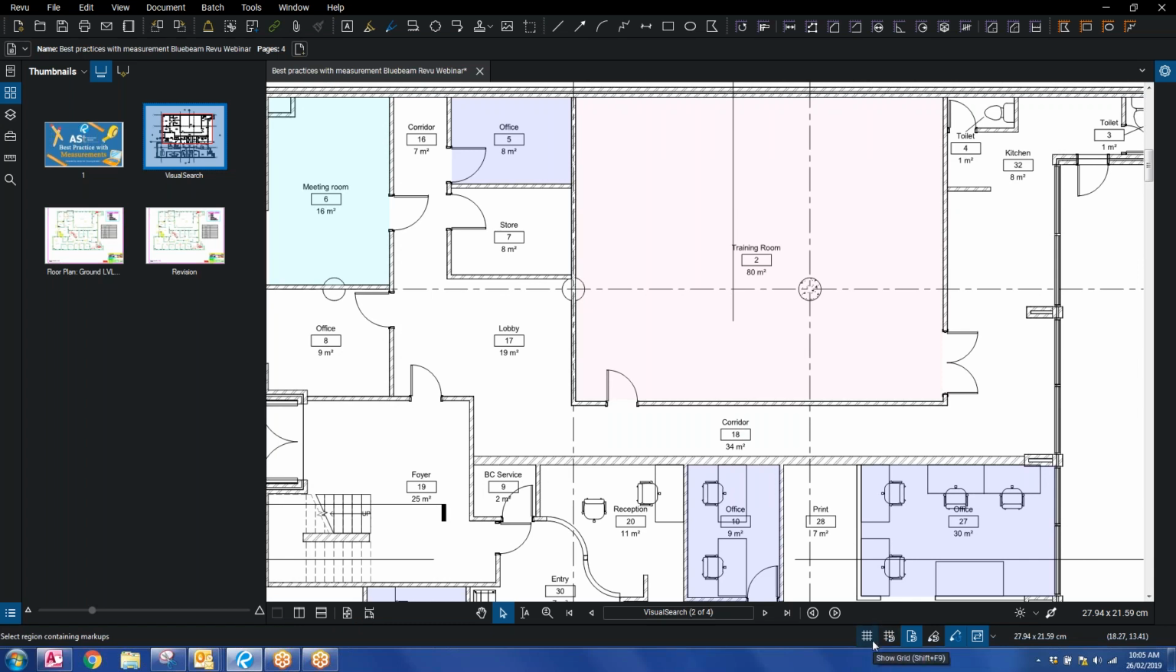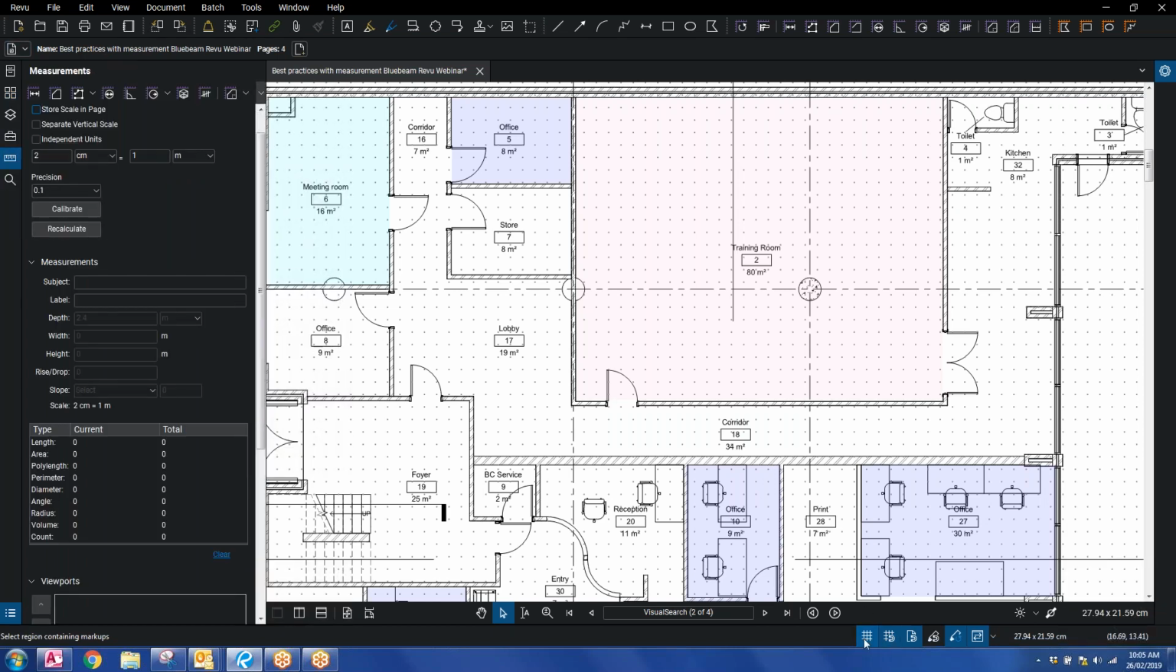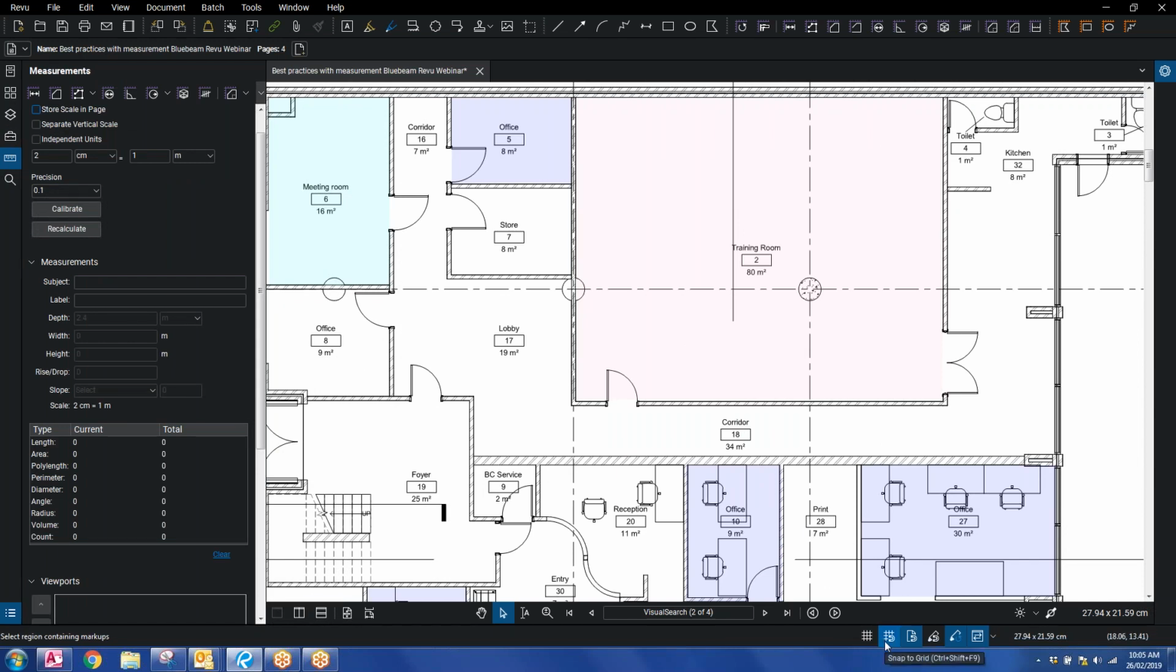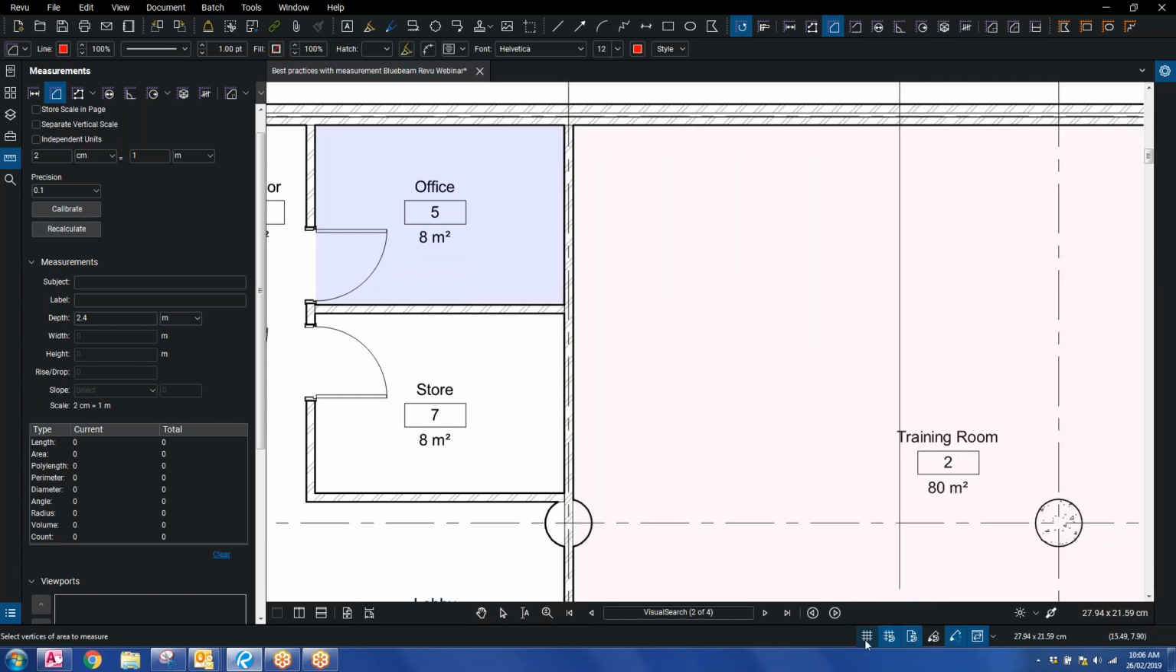So the first tool is just to show the grid, but the second one, if you turn it on, it will snap to grid, which means that for every markup or measurement that you put in, it will snap to the grid. Okay, so now I'm going to show you very quickly what happens when Snap to Grid is turned on. Let's say I am creating an area, and my Snap to Grid is actually turned on,